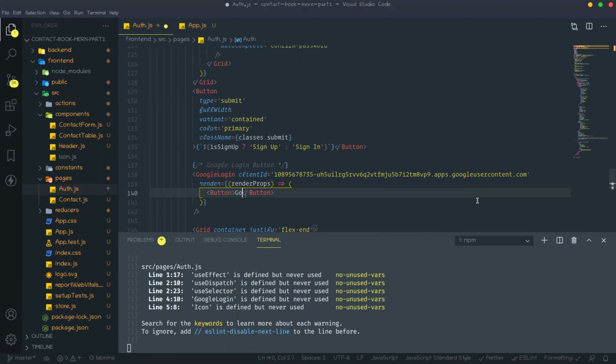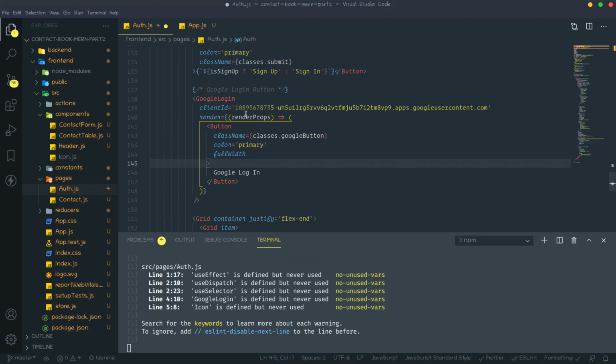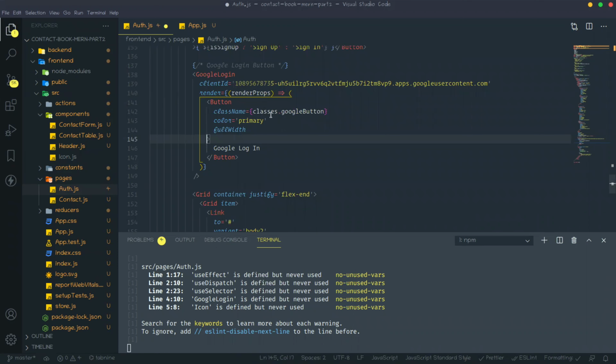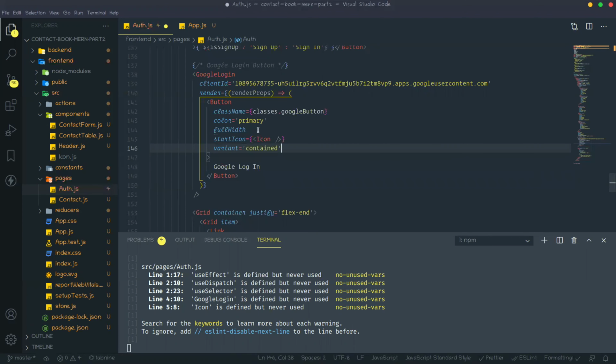That button label should be Google login, and this button will also take some props like full width, then color is primary, and class name is classes.googleButton that we have already created. And then the start icon and variant, the start icon should be the icon component. Next it will take another two props, that is onClick and disabled.